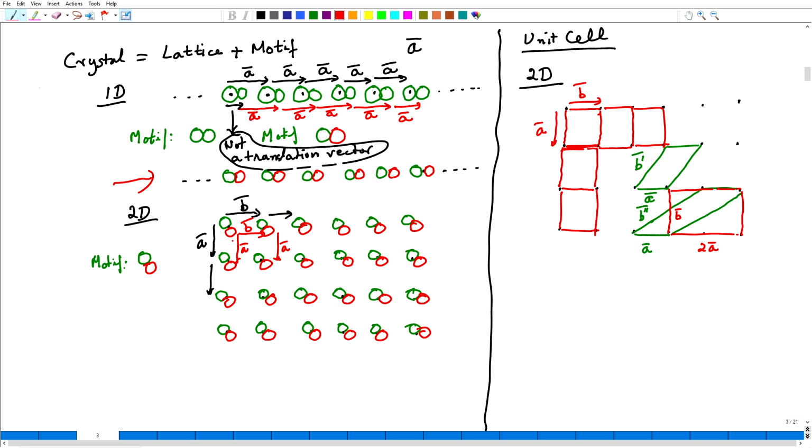So, let us look at first of all the smaller unit cells, the three smaller unit cells that I have drawn. In each case, all the three unit cells, which is cell 1, then I have cell 2 and cell 3. All the three unit cells, let us look at how many lattice points are there. So, in cells 1, 2 and 3, number of lattice points per unit cell.